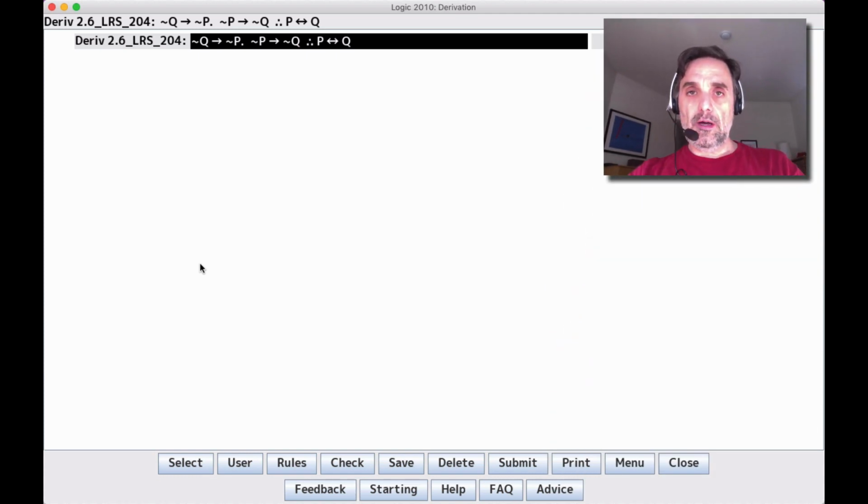So this is going to be another example of a biconditional derivation. It's not from the homework, but if you update your logic program, you will find it in the logic program list. It's a new problem, so you do need to update the list, but once you do, you'll find it there, and I think you'll find it helpful to follow along, because this is going to illustrate the basic strategy for working with